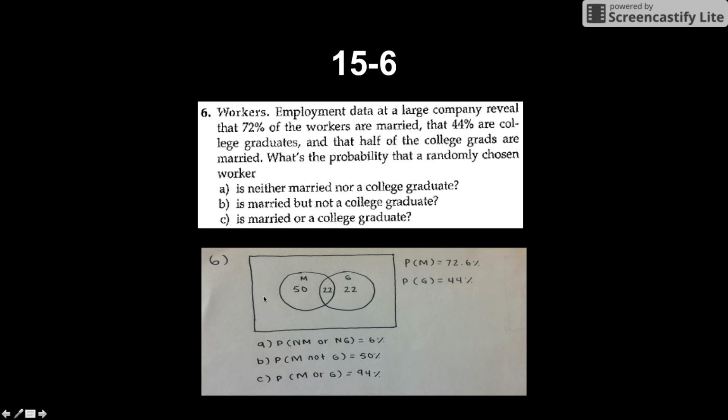Number 6, again, these keep being pretty similar. We just first fill in. We get these numbers right here. 72% are married, where that 0.6 is from, and 44% are college graduates. So half the college graduates are